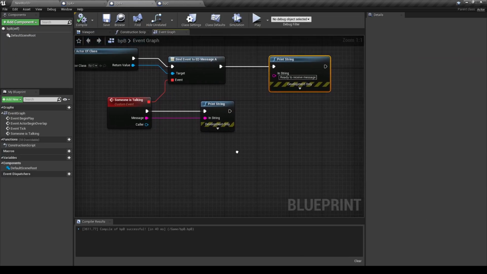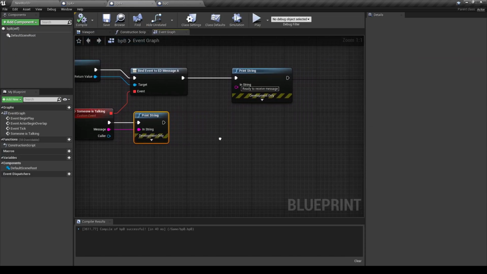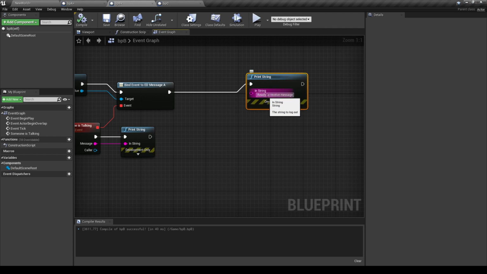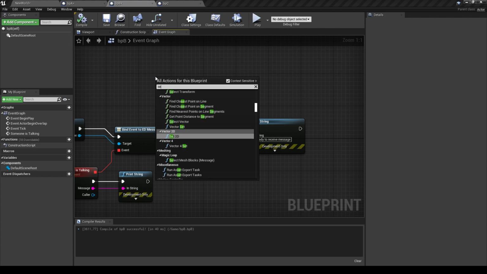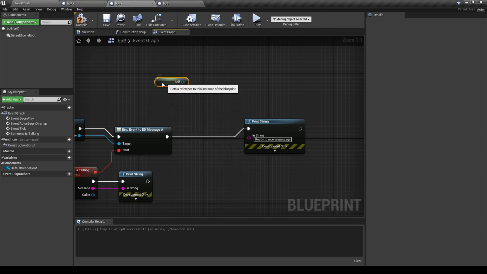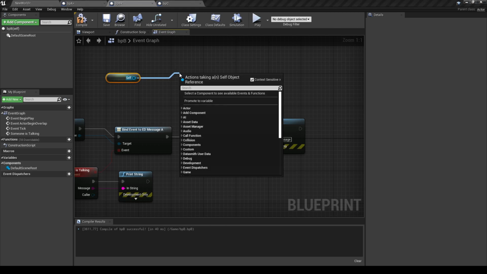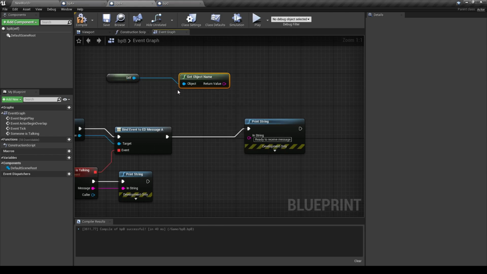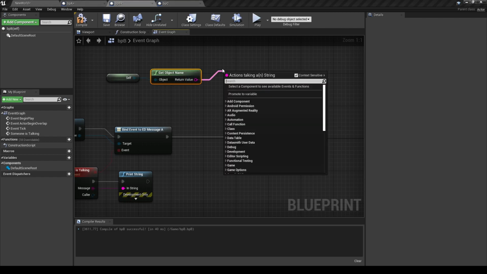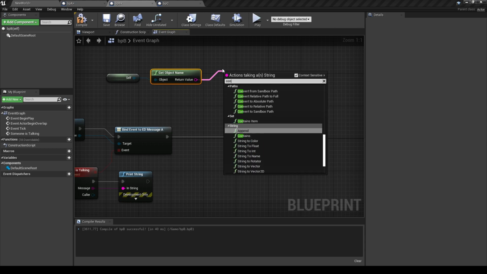So we will do kind of the same here to know exactly that the 2 of them are listening. So I need self. I need as well get name, get object name. And I will concatenate the name with a custom message.